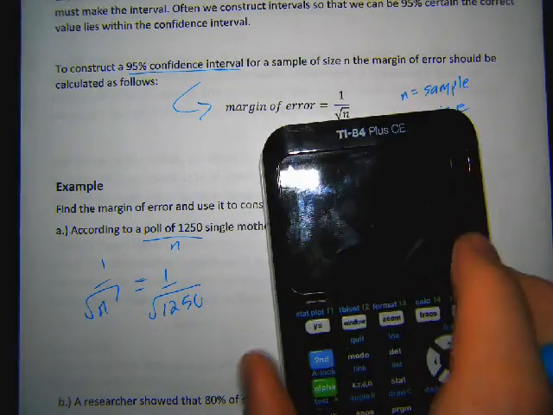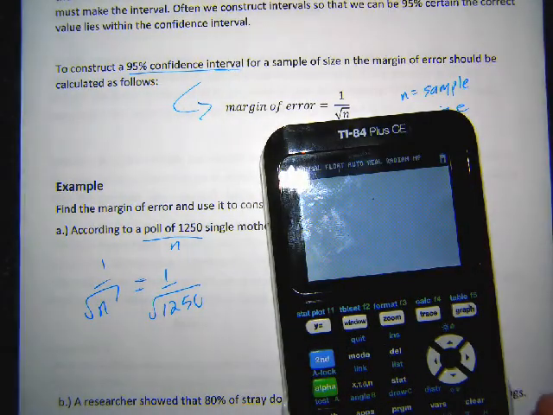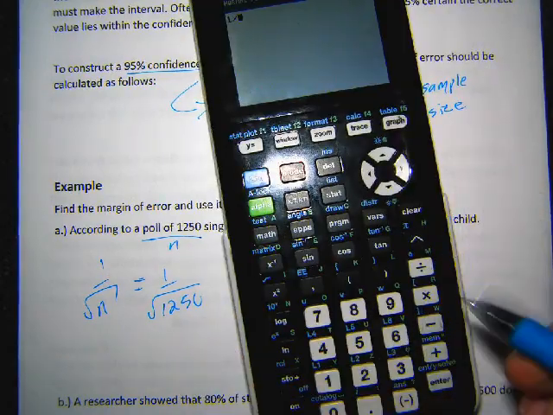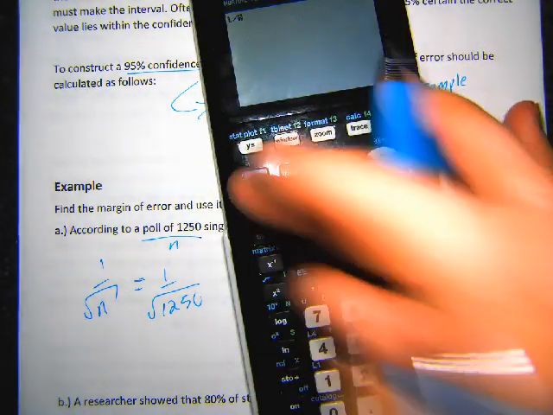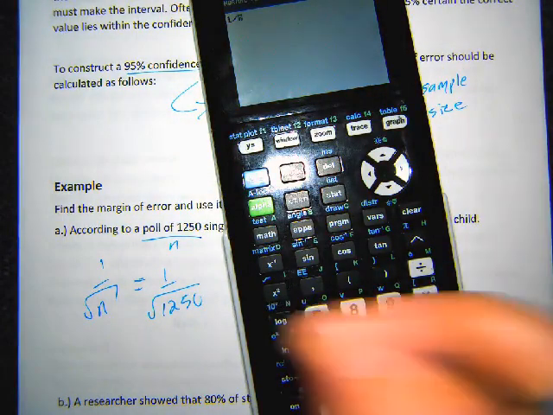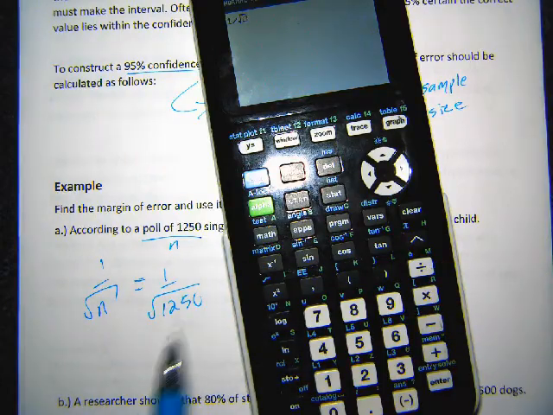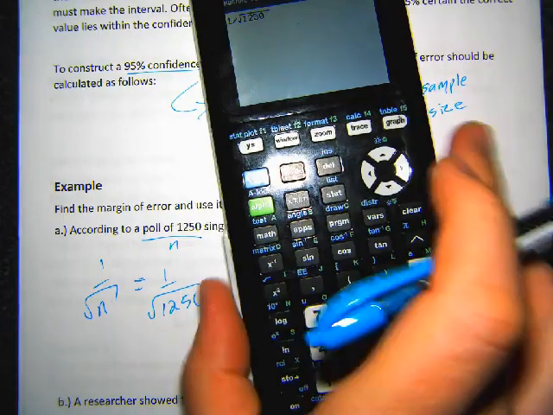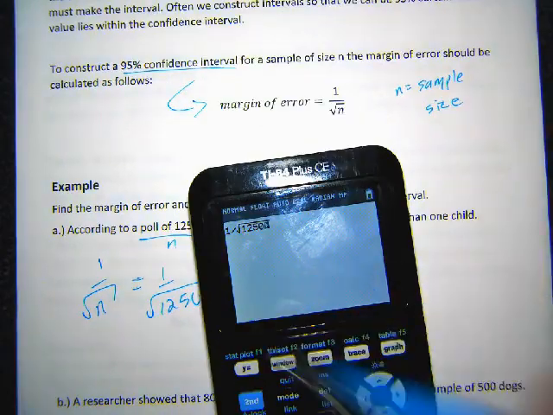I'm just going to type this in my calculator. Works the same on the TI-30. I'm just using my TI-84 because it's nicely bright and lit. So I'm going to type 1, divide by, so that's just my division button. And then I'm going to use my second and hit square root, so it's got the little square root symbol above it. That's why I did second to make it do the blue option. And then just type in 1250. So I'm doing 1 divided by square root of 1250, and I get